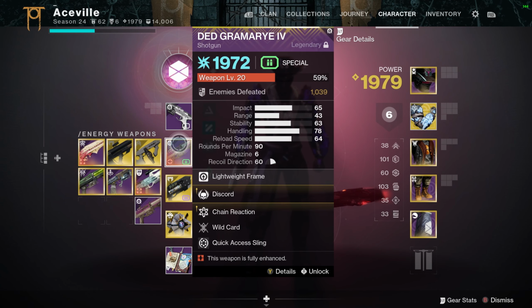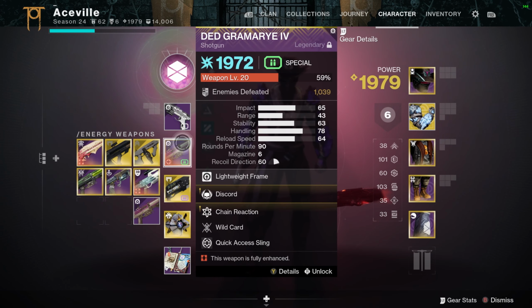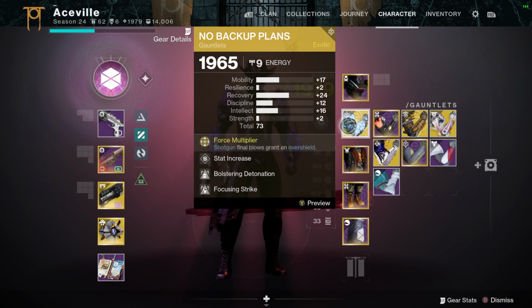I believe this is the first shotgun to roll with chain reaction or volt shot, and I kind of wanted to cover that. So obviously, chain reaction did get nerfed, I believe, with the final shape, but I wanted to test out and see how effective this shotgun is, because this basically has some really good ad clear perks, and normally you don't use a shotgun for ad clear. So I thought, what better time than to just use no backup plans with this and, you know, see how